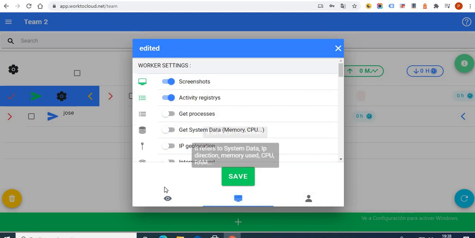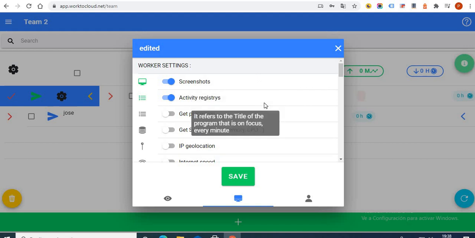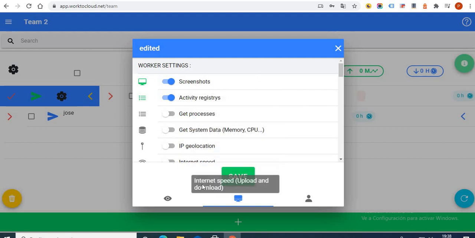This refers to the program that he installs, the Worktocloud Desktop program, right? The one that he installs on his computer, and the one that he uses to track activity, and the one that he installs on his phone. There are videos